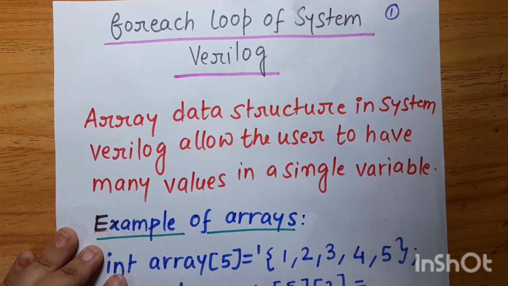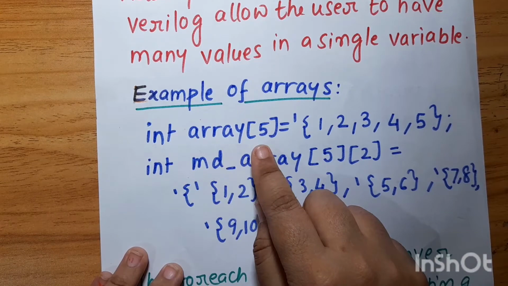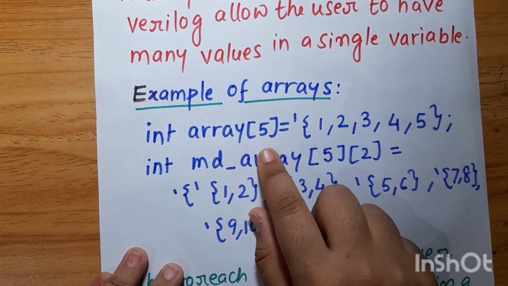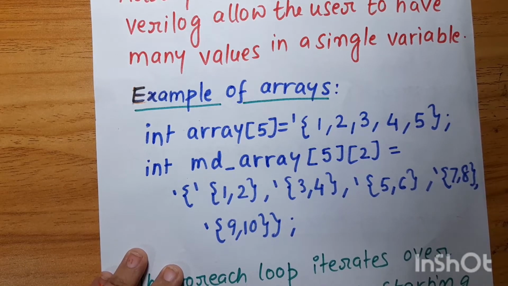Okay, we declare the array. An array is like a vector, an unpacked vector. Okay, so it's like a memory, with a certain number of memory locations. Data are stacked in that. See, for example, int array in square brackets I have 5. That means array is the variable name and 5 is the depth of the array. That means the array variable has 5 memory locations, and each memory location can hold one int